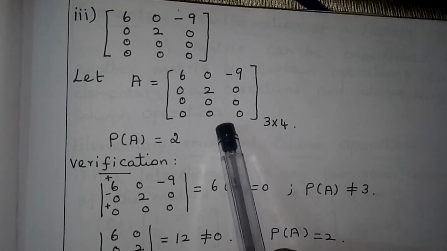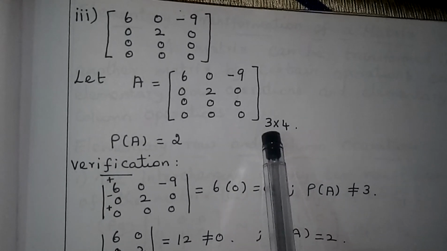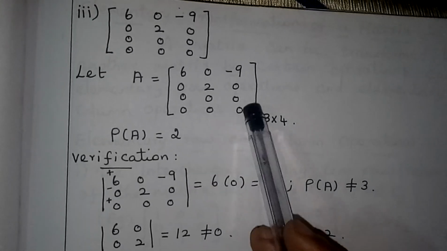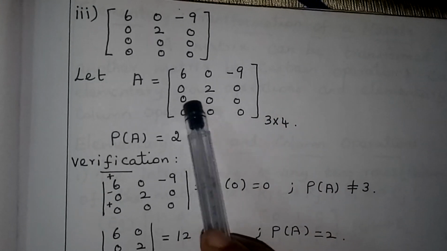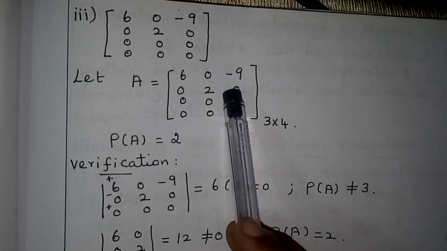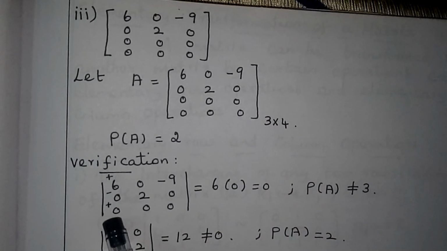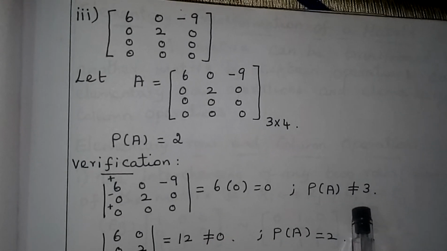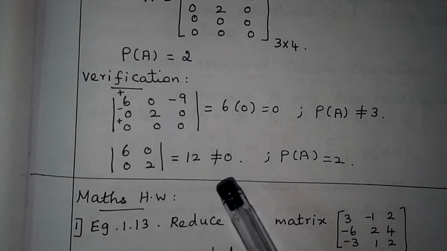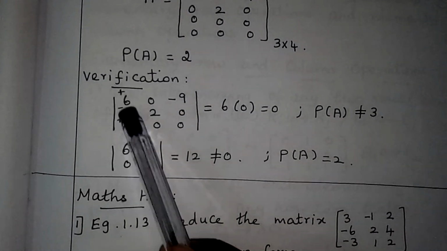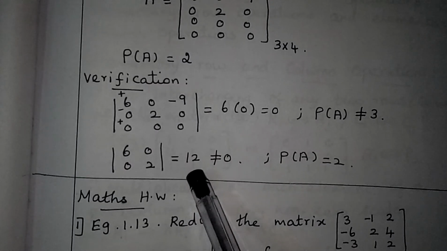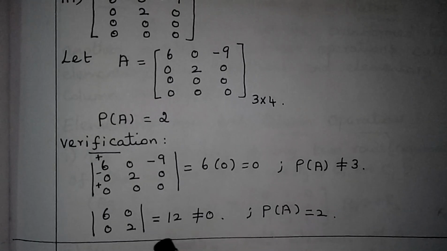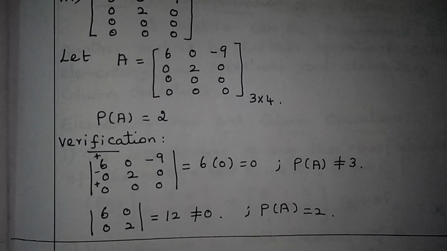So we have to take a square submatrix. Square matrix means it will be a 3 by 3 matrix. So you can take a 3 by 3 matrix from this. If you see here, in a 3 by 3 matrix, among the last two rows, any one row will be included. So if one row is fully 0, its determinant value will be 0. So the rank of A is not equal to 3 we will get. Then we have to check for a 2 by 2 determinant. Okay, you can take these two, 6, 0, 0, 2. It is 12 minus 0, 12. It is not equal to 0. Therefore, the rank of A is what? The order of this matrix, it is 2.